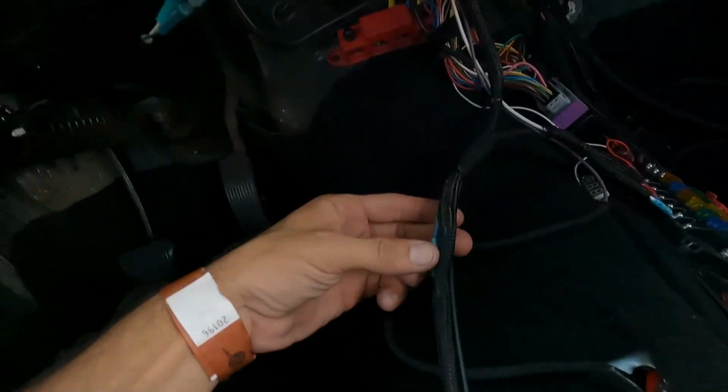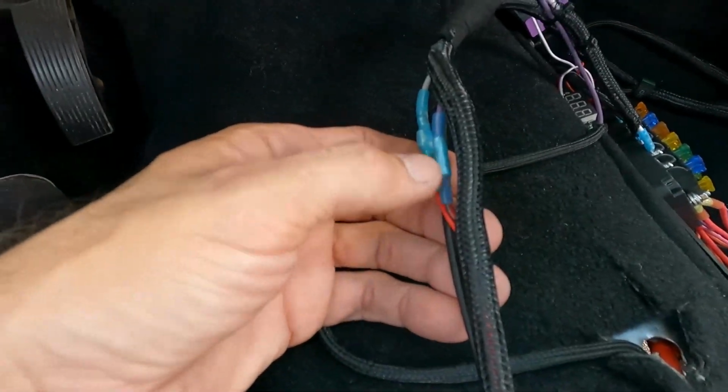All right, guys. So we just got the first little shakedown pass done. Just a couple problems, nothing major. The line lock wouldn't work, so I'm guessing I had to re-crimp a wire for the line lock because it wasn't working, but now it is. So that was one little issue. And then the other issue was